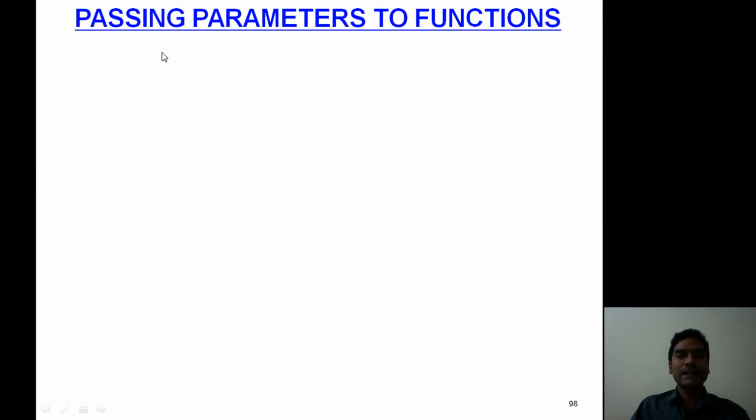Now next concept, this one important one, passing parameters to functions. How to pass arguments to a function? Here arguments can be passed as a parameter to a function in two ways.